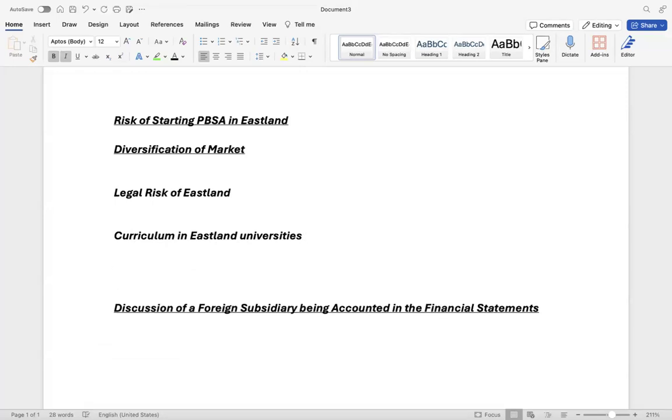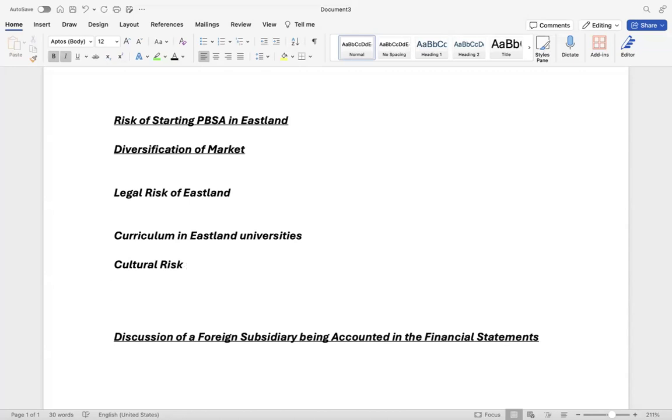And then students, cultural risk. So can I write down here, students, cultural risk? Can there be cultural risk? Definitely, because the culture in that country and the culture in Thailand can be completely different. And then students, another risk that we can effectively understand in Eastland can be security factors. Because if you observe, security factors is important. Because the local civil security is also important, and regional security is also important. So these are the points.